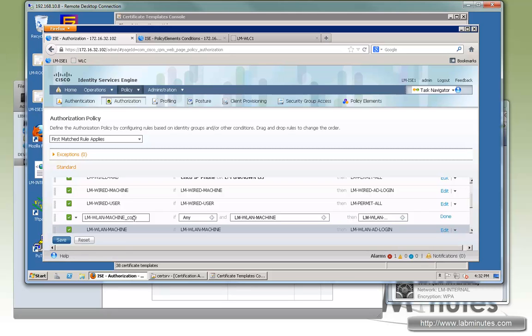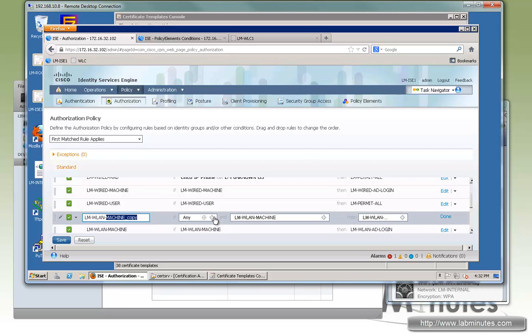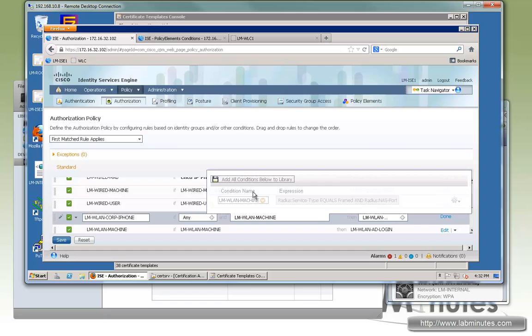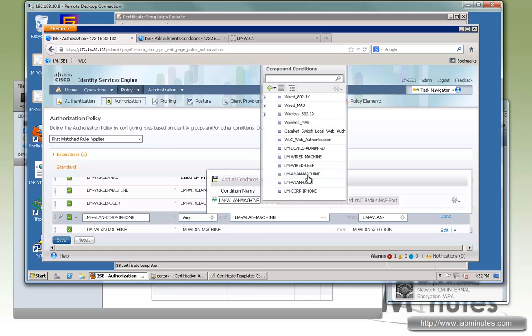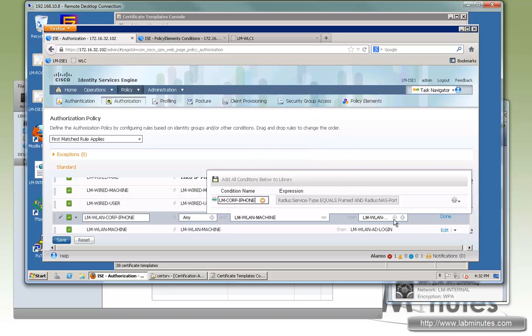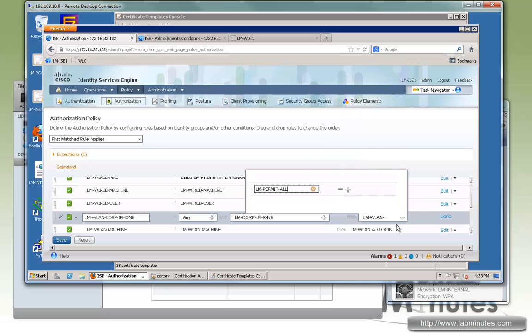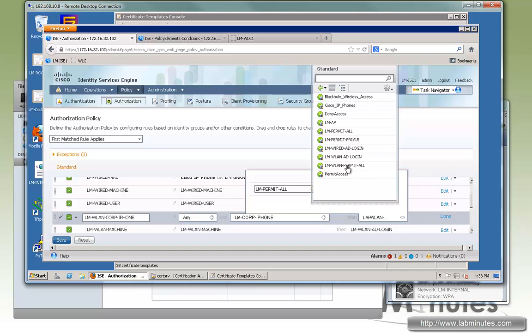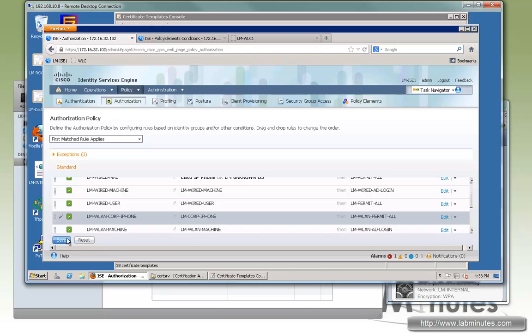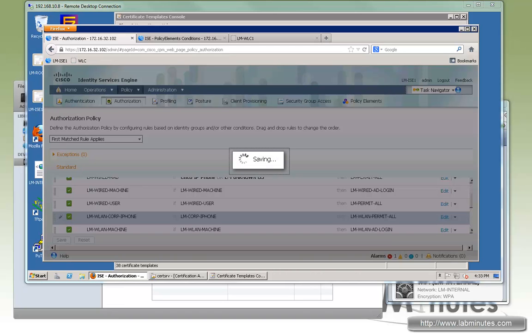So let's duplicate above, and let's call it the LAN Corp iPhone. And we're going to point that to LM Corp iPhone. And let's permit everything. And again, this depends on your security policy in your organization, so you might want to restrict it to just certain resources, but for our lab purposes, we want to do permit all. Let me make sure I select the WLAN one. Okay, so done, save. All right, so now that we have the authentication authorization policies in place, we can now